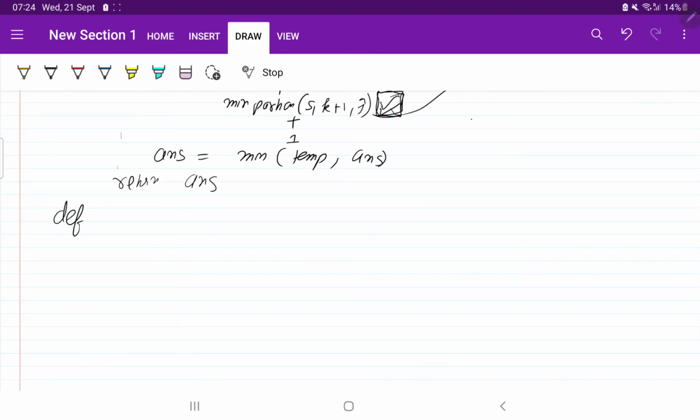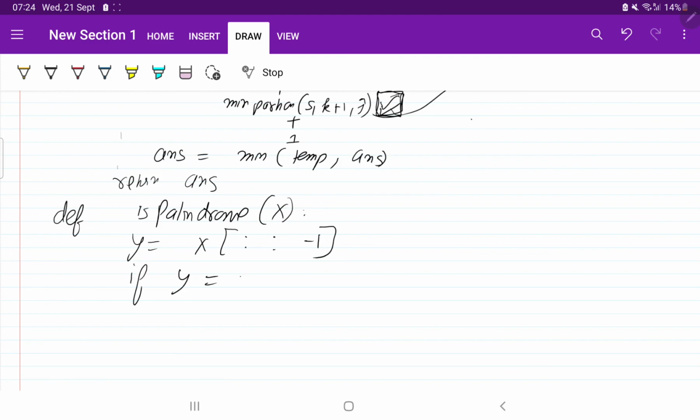If not, I am going to write def is palindrome. It will take a string. Okay, and again y will be x of, we need to reverse it, so it will be like this.